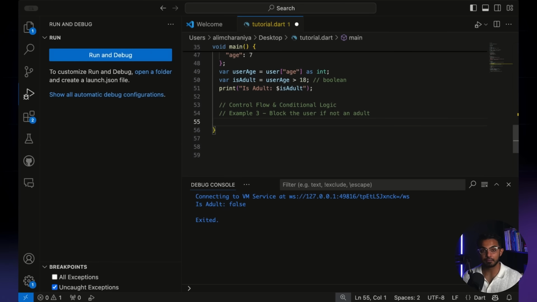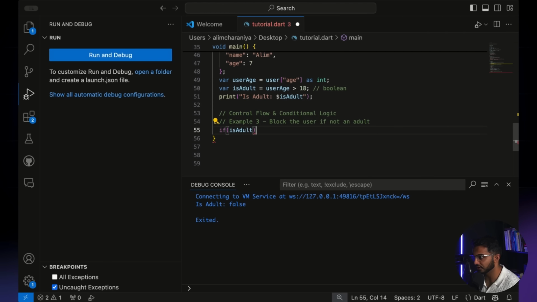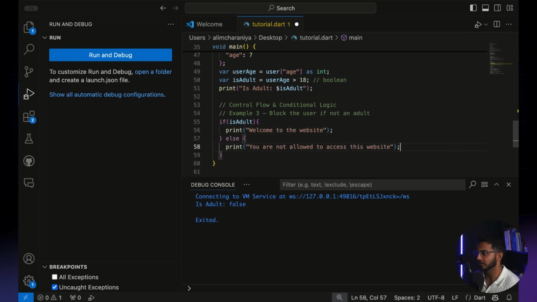Conditional logic is the art of doing something if a statement is true or false, and doing something else if the opposite of that is there. So if I'm an adult, then give me access to the site. If I'm not an adult, then block me from the site. So we do this with something called if statements, and this is where coding gets really fun. You can create these expressions like evaluate if this expression is true or false, and then do something else. Okay, so we'll say if is adult, then I will say print welcome to the site, or else if I'm not an adult, we'll say you are not allowed to access this website.